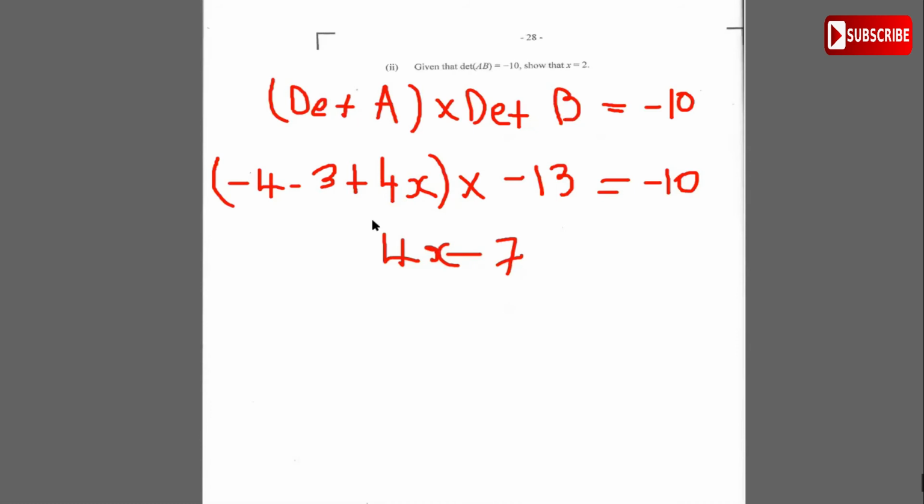I'm just going to put a bracket around it and put minus 13. That's equal to negative 10. So I'm going to divide through by minus 13, and I am getting that 4x minus 7 is equal to, what's that? Minus 10 over,